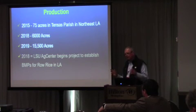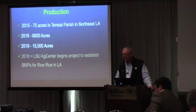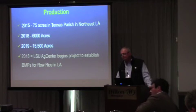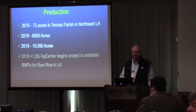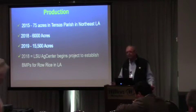And let me say this before I get too far into this. In my case, most of the soils I deal with are heavy clay, sharky, alligator clays. That's what we raise rice on. You get up in Morehouse, you get over on Franklin, some of the other Richland, they're more of a perry clays, got some silt loams in them. They'll be more of a silty clay loam. We're on heavy clays, and all my points will pretty much go towards that because that's what